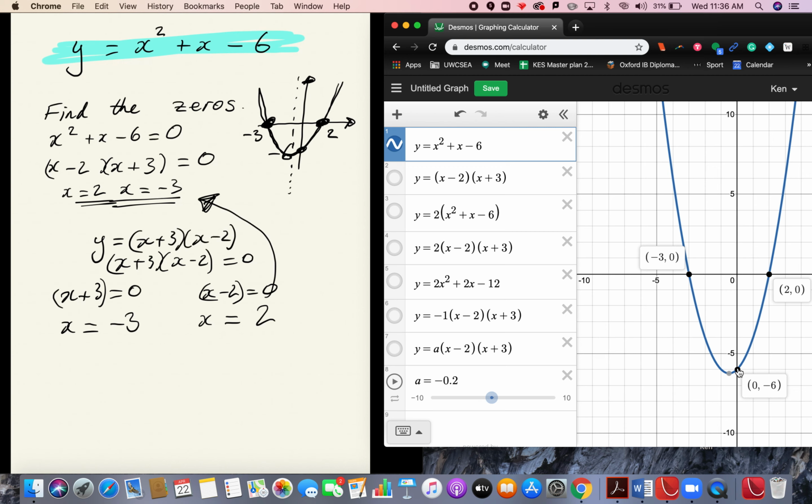So can you see that given two zeros, as in where the graph crosses the x-axis, we can just work backwards one step, backwards another step, and we can get back to the actual equation we had to start with. So that's pretty good, isn't it? Pretty funky. So if we do another one now,